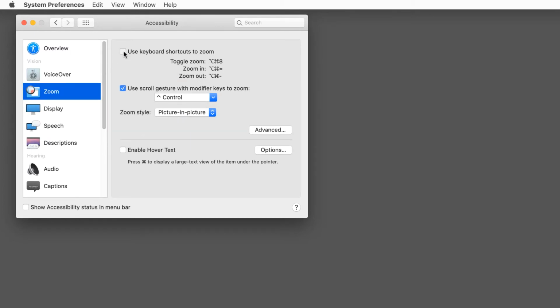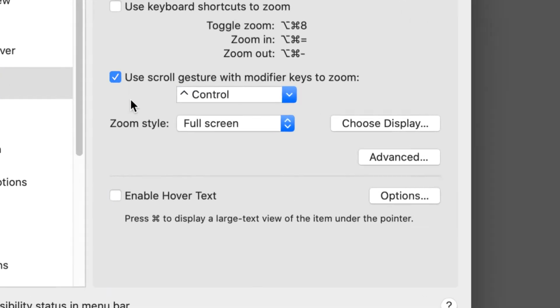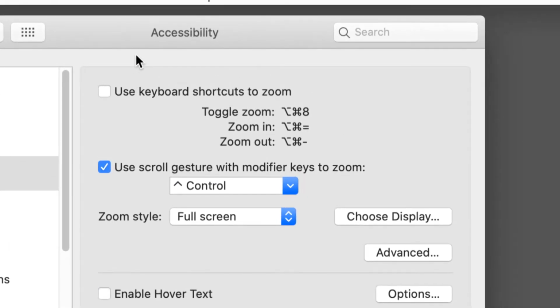The control panel offers additional options. We can activate keyboard shortcuts to zoom the screen. We can configure a different modifier key to be used together with the scroll gesture. If we do not like the picture-in-picture style of the Zoom presentation, we can change it to full screen.